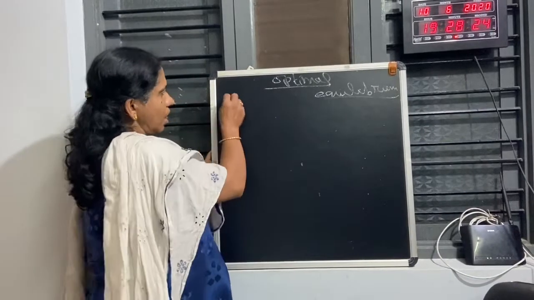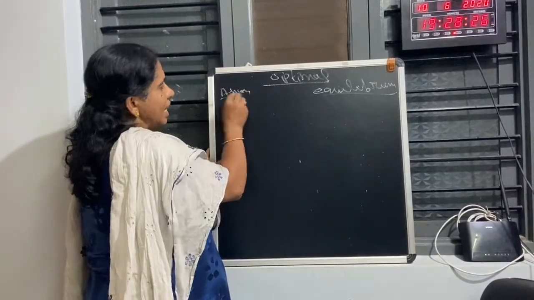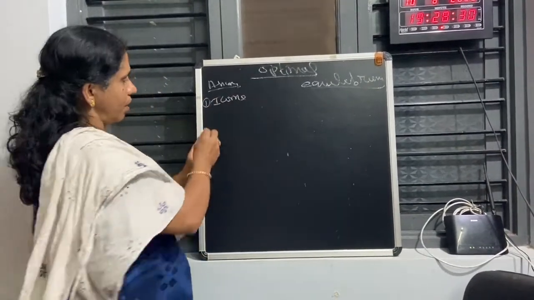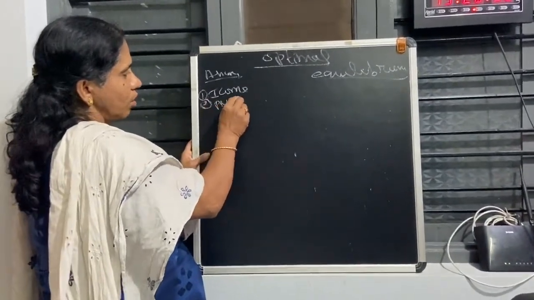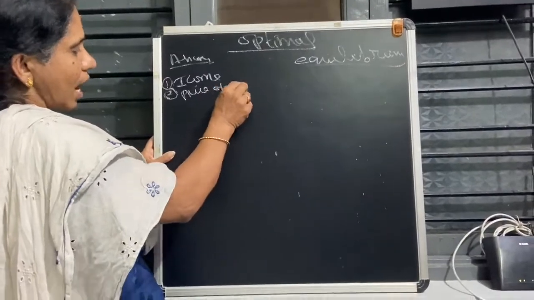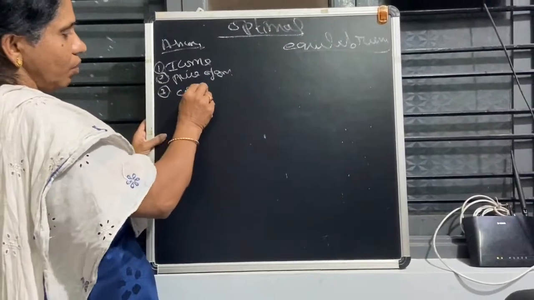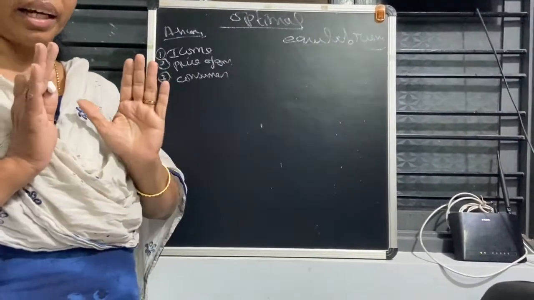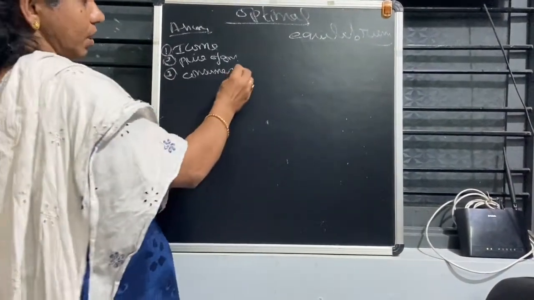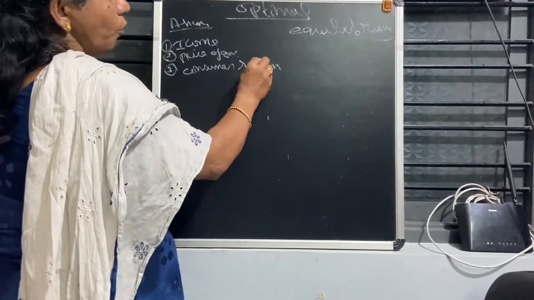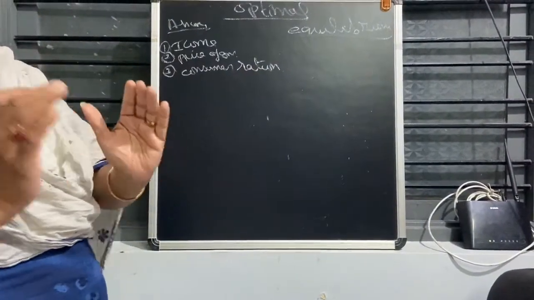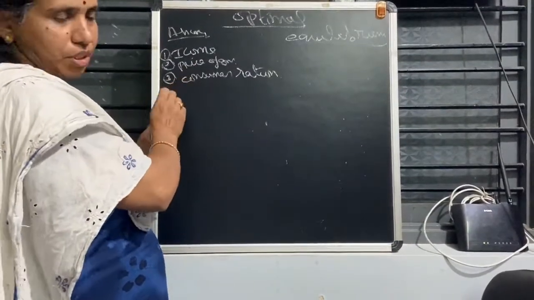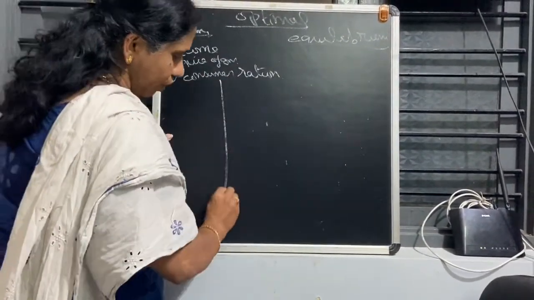And there are some assumptions also. You know the assumptions, no? That is income: income level should not change. Whose income level? Consumer's income level. And price of the goods should not change. And the consumer is rational. What do you mean by rational? Rational means you know where you get the complete satisfaction. So the consumer is rational, he knows how to get the maximum satisfaction out of his income. Like that, 3 or 4 you can write about the assumptions. So, clear on the assumptions. Then the diagram will go now.